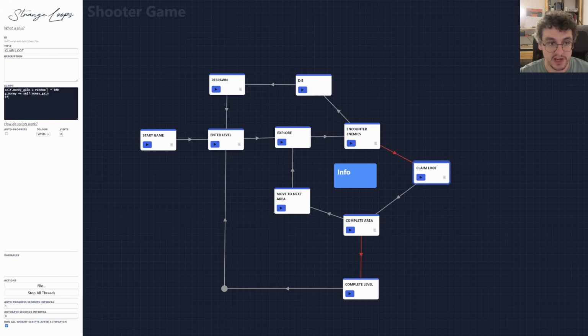So actually, no, we're going to do self.gotHealthPack, and that's going to be equal to if a random number between 0 and 1 is less than 0.5. So that's a 50-50, right? Because it could be any number from 0 to 1. Half the time it's going to be below 0.5, the other half of the time it's going to be above 0.5. So that's how we do our 50-50 die roll. And then if self.gotHealthPack,